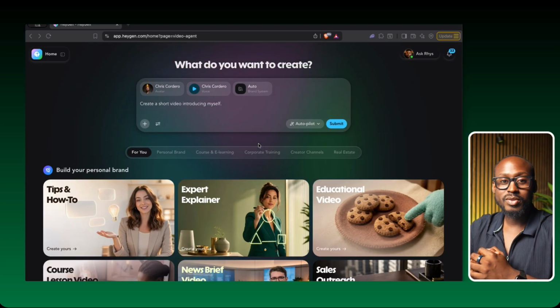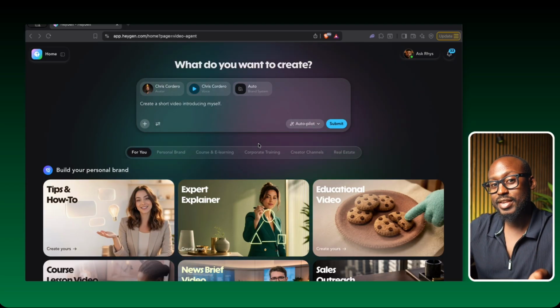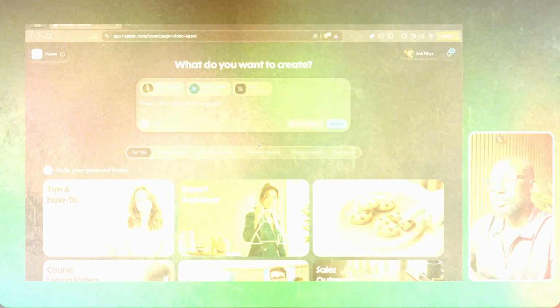But me telling you it builds the whole video isn't the same as you watching it happen. So let's actually do it. And there's one thing in what comes back I really want you to look out for. So I gave it one prompt and we're gonna check out what it created. This is gonna be my first time watching this live.